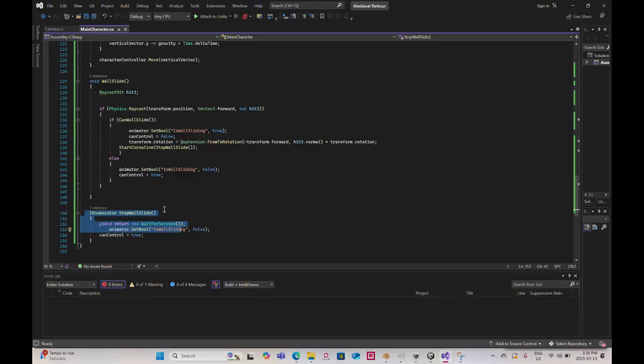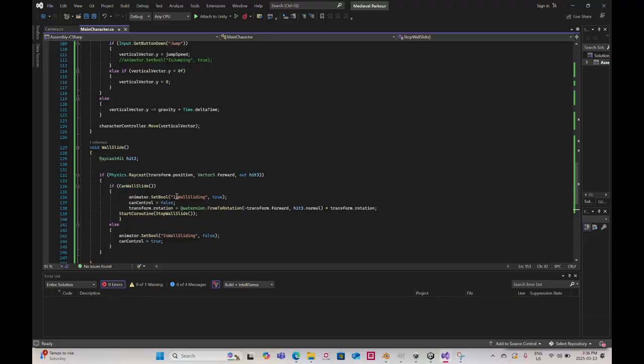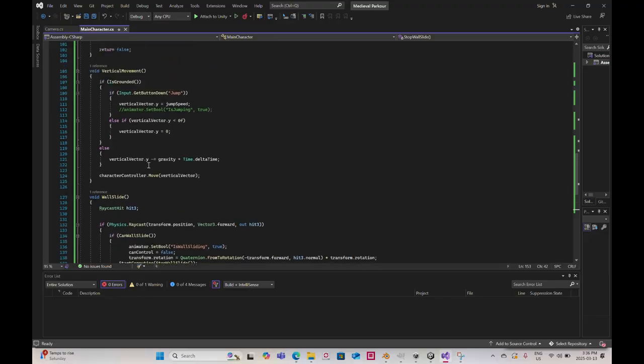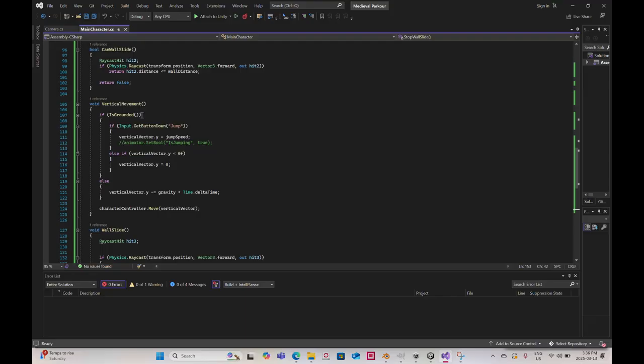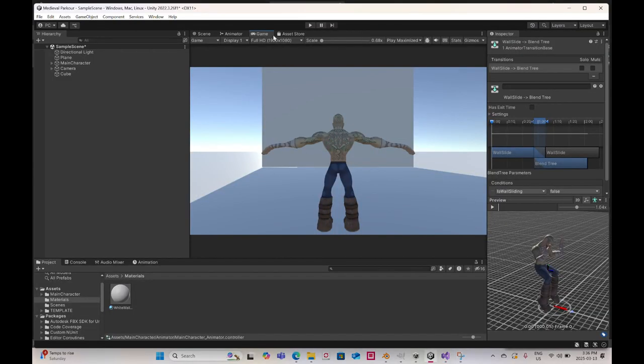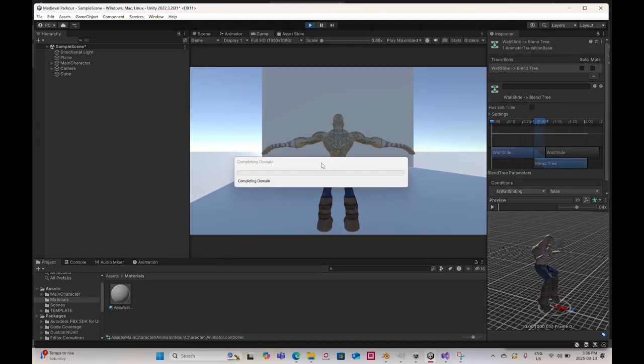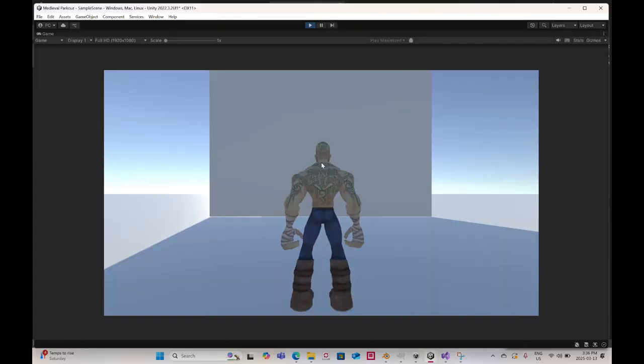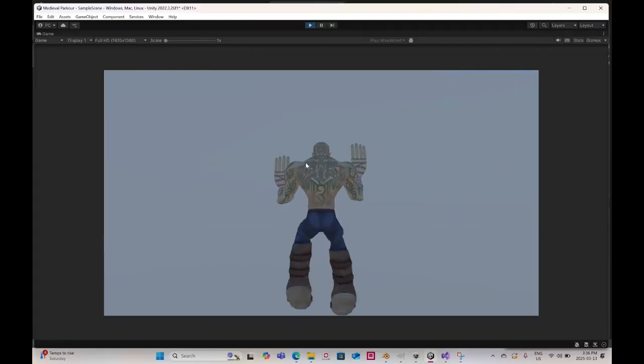The next thing that I want to work on is the wall jump. So I wanted to jump away from the wall if the player presses jump while the character is wall sliding. First, I want to add one thing. One problem that I have is if he's wall sliding,